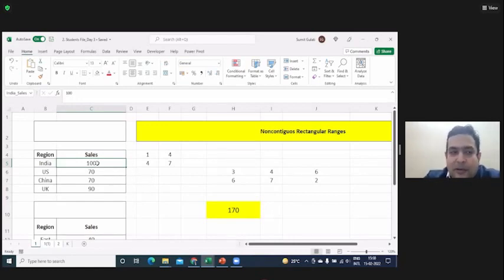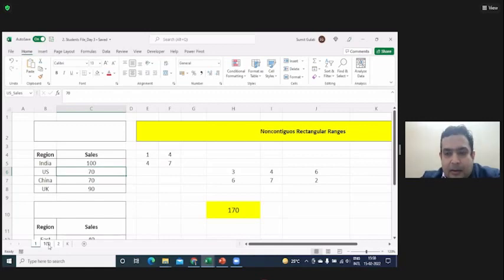But is everybody seeing India_sales here? You cannot put a space in between. It won't work. It has to be continuous. So a dot or underscore has to come in between India and sales, or it has to be a single word. And this cannot start with a number. You cannot say 1.India_sales, nor can you name it as H6 because H6 will be a cell reference. So are we getting India_sales here and US_sales here when you click it? Yes, sir.